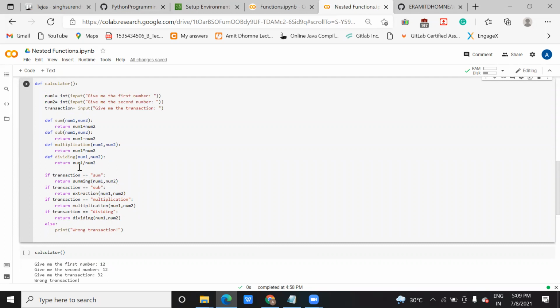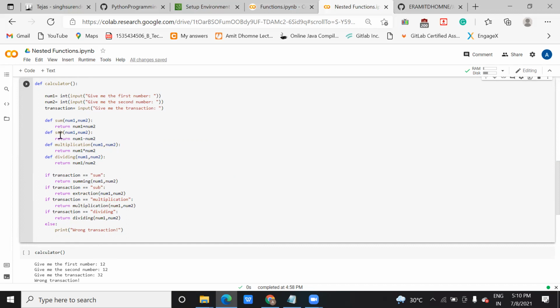So here, as sum is equal to num1 plus num2, when the user calls it, the flow will go back here. Based on that, it will ask the user to give input, first number, second number. As you give the input, it will perform some operation based on the num1 and num2 values.